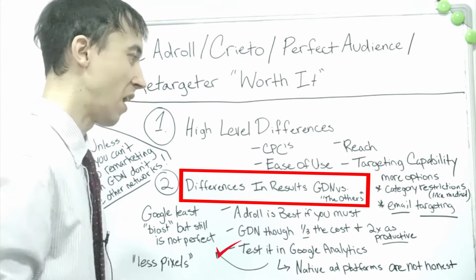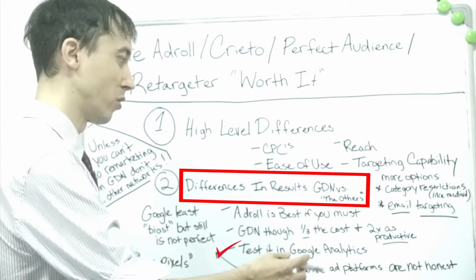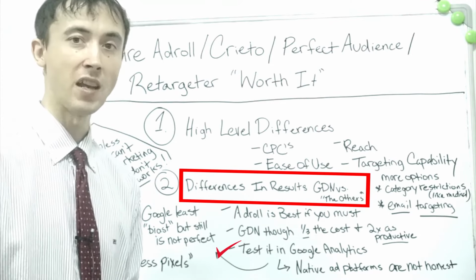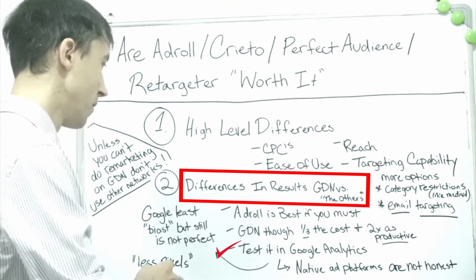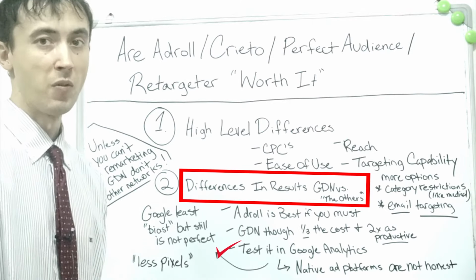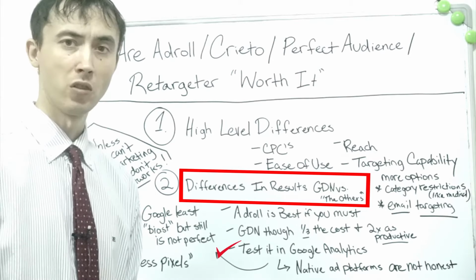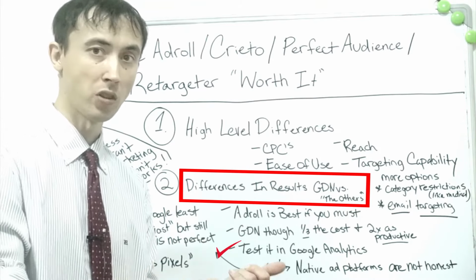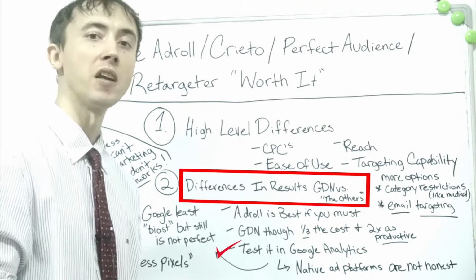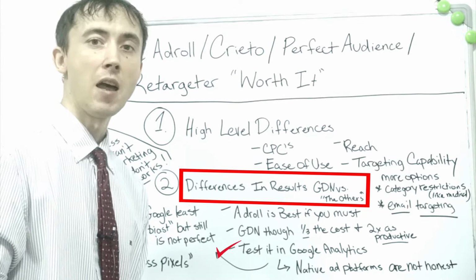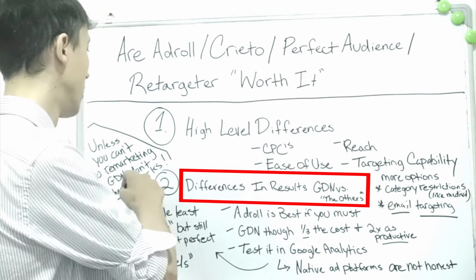So, as I mentioned, the platforms aren't honest. You try them out in Google Analytics, find out what converts the best for you, and then stick with one provider and use their pixel. Then you pretty much come to the conclusion for yourself whether Google Display Network or one of these individual third-party remarketing ad providers is going to work the best for you. Ultimately,